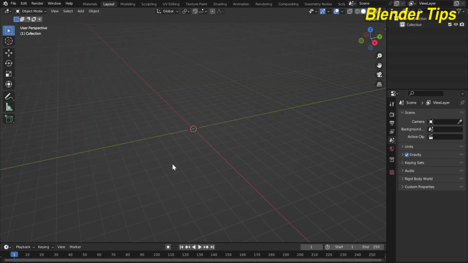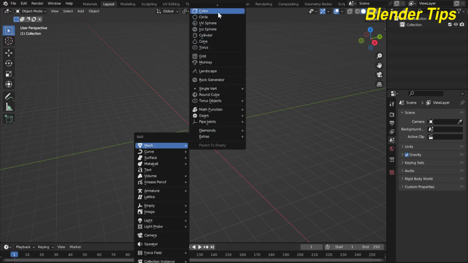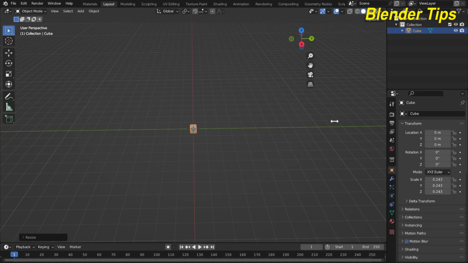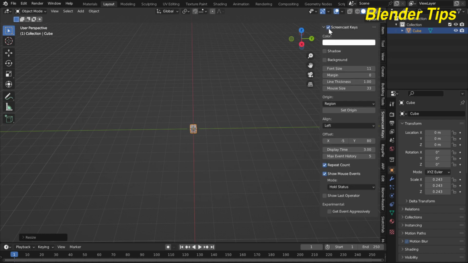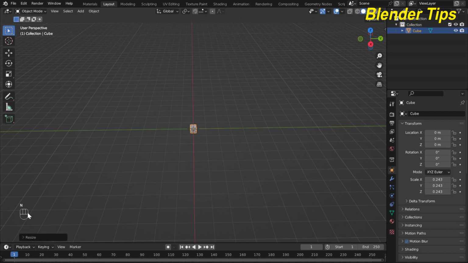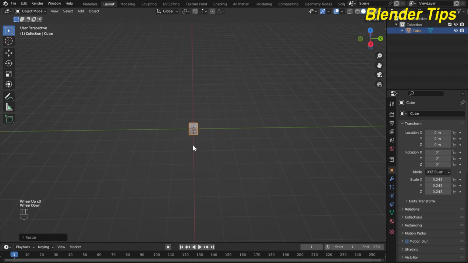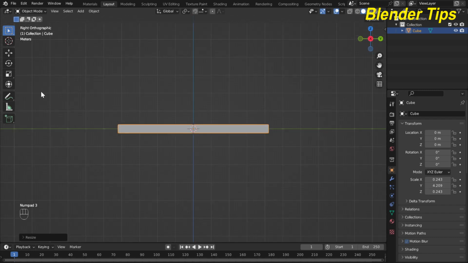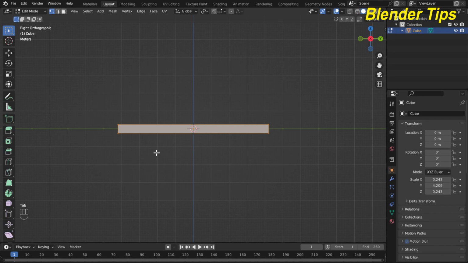First I open Blender, press Shift A to add a cube and scale down this cube something like here. I also turn on the screencast keys because you can see which keys I press here, and now I scale this cube along the y-axis something like here. Press 3 for right view and enter into edit mode by pressing Tab and Ctrl R to add the loop cuts